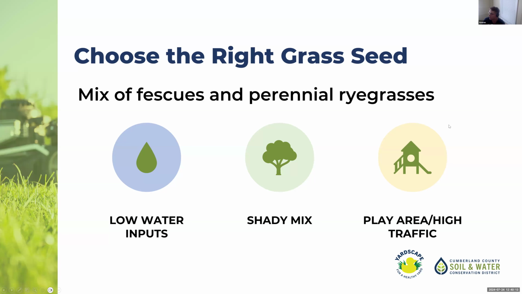So fescues, ryegrasses, it's important to get a grass seed mix. Any grass seed that you look at in the store, whether it's Scott's or Ace Hardware or Allen Sterling and Lothrop, whoever you're getting it from, there's going to be lots of different buzzwords on the bag of grass seed. Shady mix, sunny shade mix, high traffic mix, whatever the case is, those are pretty good things that you should be looking out for.